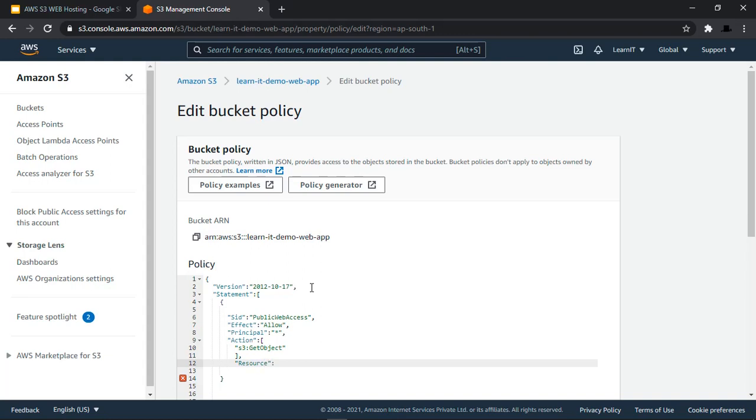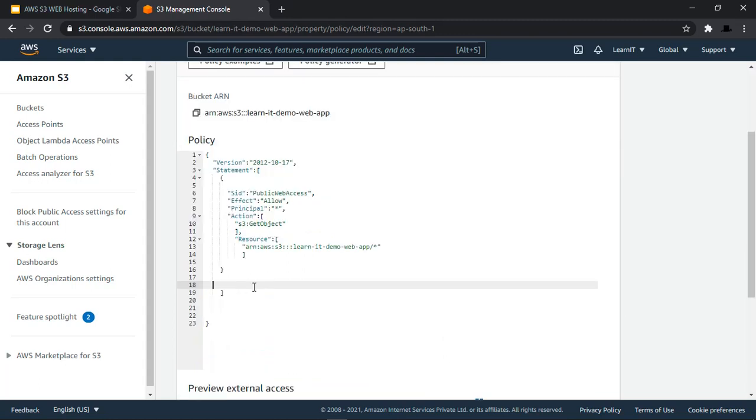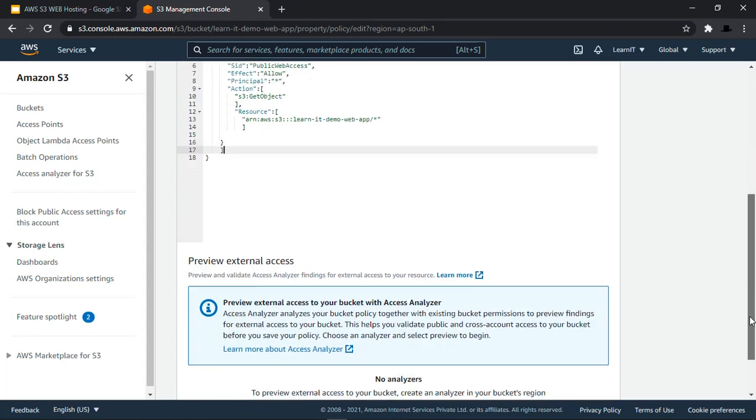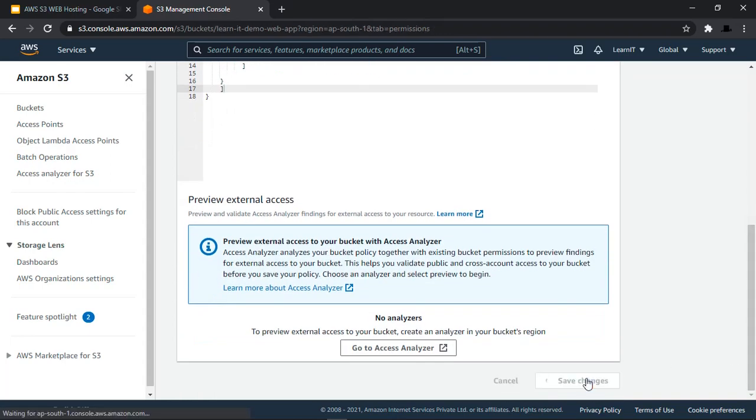And under the resource, we have to mention the ARN of this bucket. So using this policy, we are allowing public access for all the objects of this S3 bucket over the internet. In place of bucket name, I have to update. Oh, we have the ARN here only, so let's copy it completely and replace it here. And now let's save this policy.